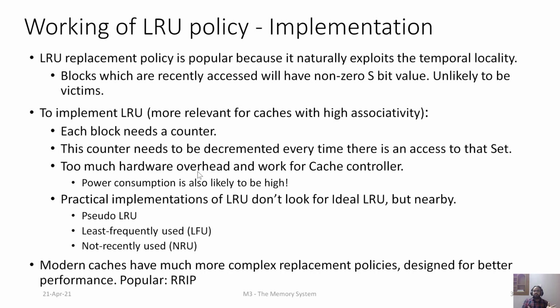Typically we have 16-way, or at most maybe 32-way in very specialized designs, but nothing beyond that. We don't have a fully associative cache as a normal cache. Try to imagine a 32 MB cache with 64-byte blocks, and for each block, if you want to specifically identify what its status is, whether it is MRU or LRU, there is too much overhead. So the fully associative caches are not used at all,